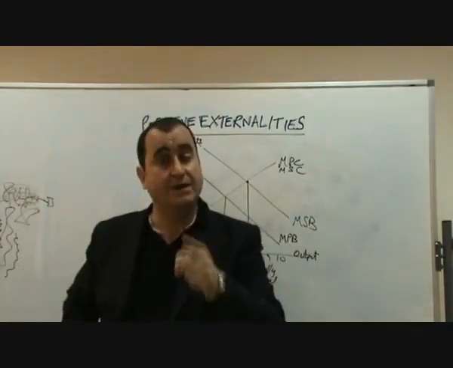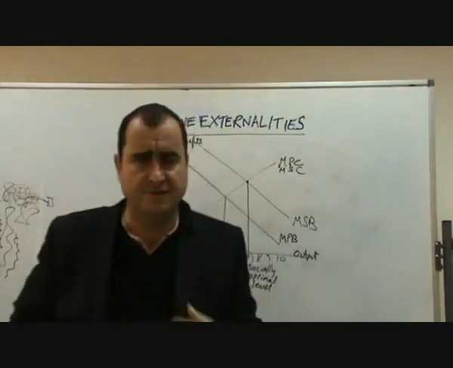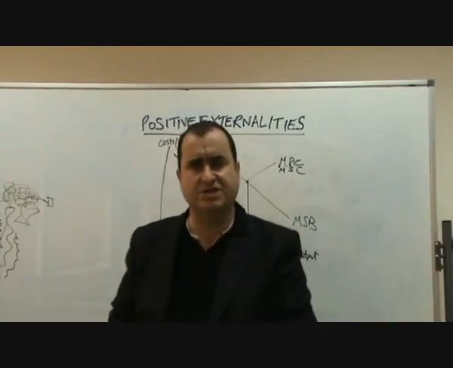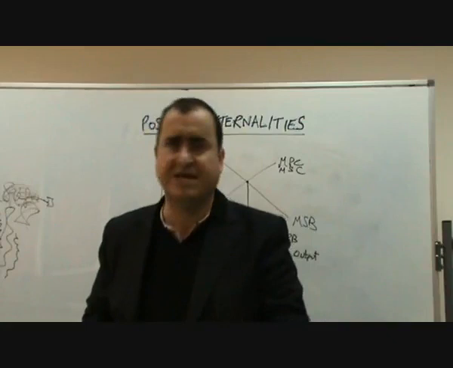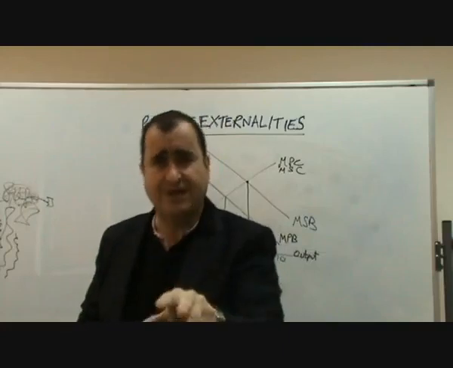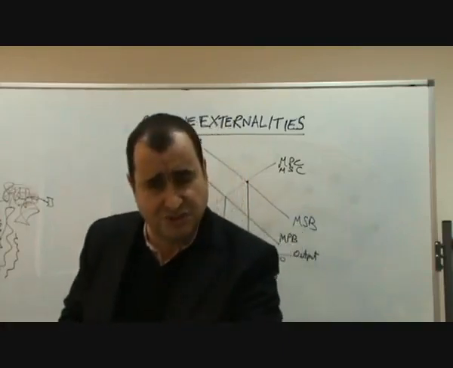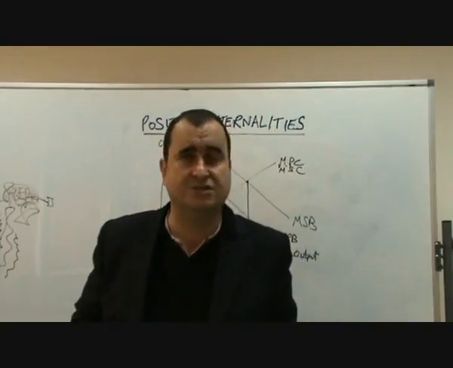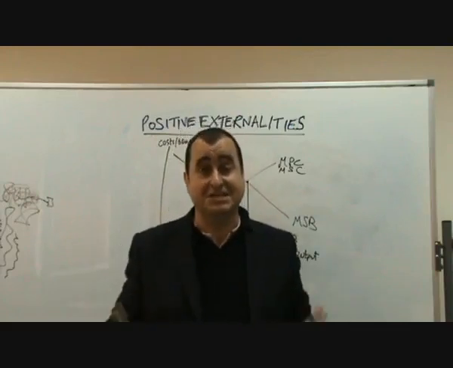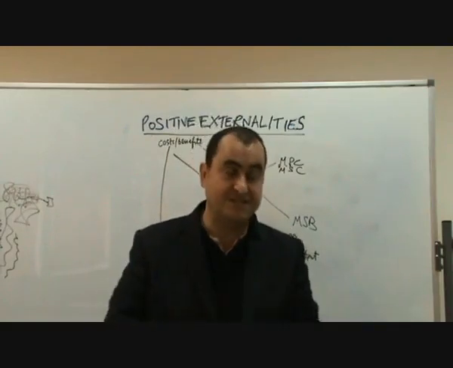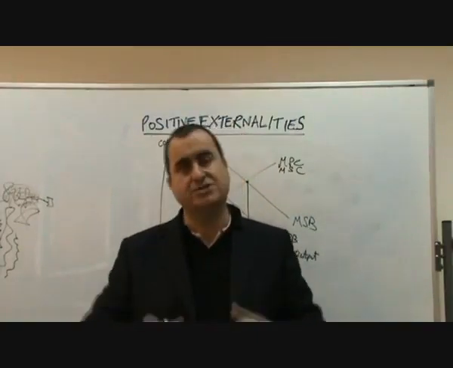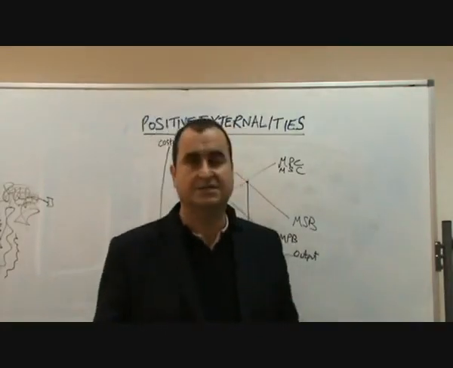Let me give you one other example, healthcare. Recently there was this big swine flu fear. Now, I didn't have the vaccination. I just didn't do it. But if you had the vaccination, you did it because you wanted to protect yourself. You did it for the private benefits. But in fact, I benefited from the fact that you had a vaccination, because you reduced the size of the population out there from whom I might catch swine flu. By you having the vaccination, I'm never going to get swine flu from you. So I benefited from your decision to have a swine flu jab. So you see how education and healthcare are just two examples of goods that generate external benefits.